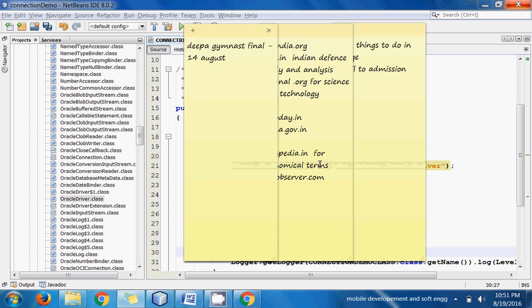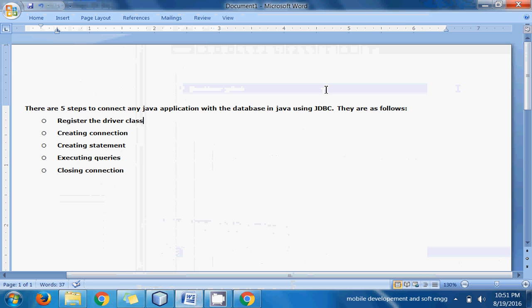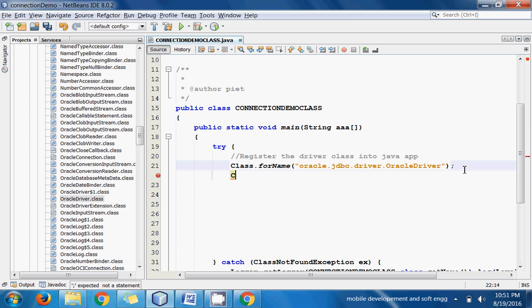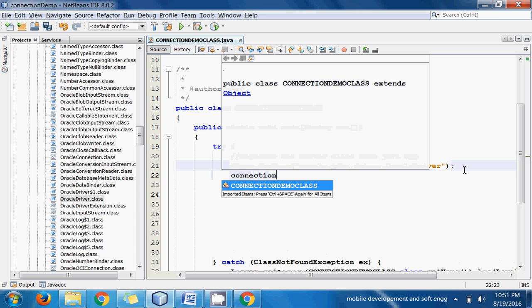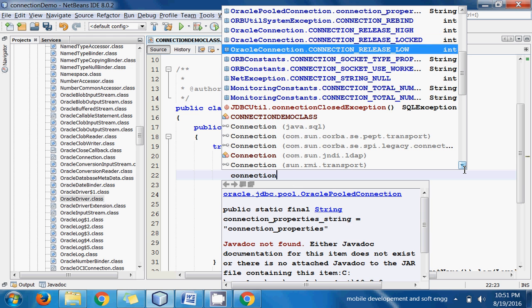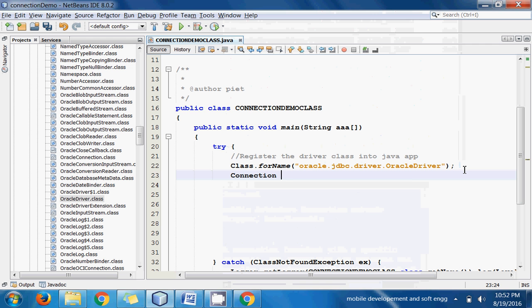Okay, here the second step is creating a connection. Connection is a type that we need to include into java.sql, the package from which I'll be including this Connection. Con is the reference that I have made,